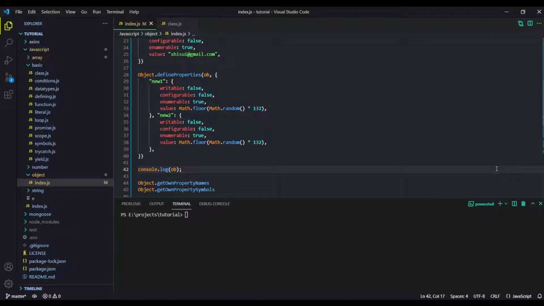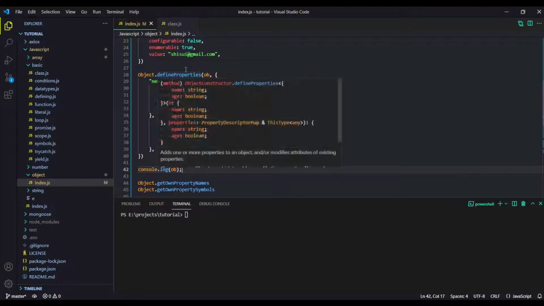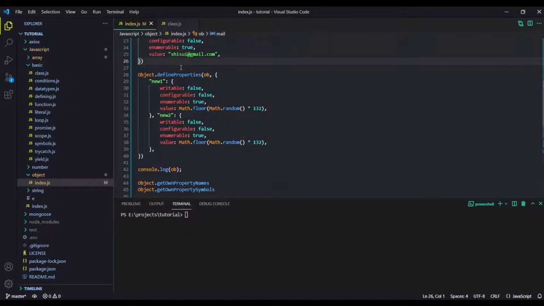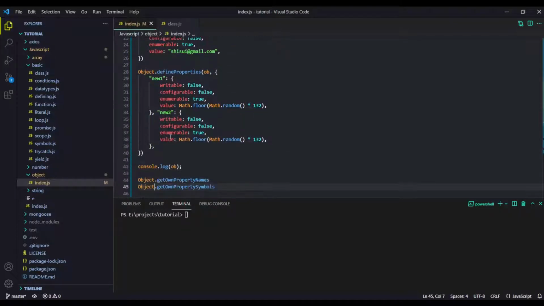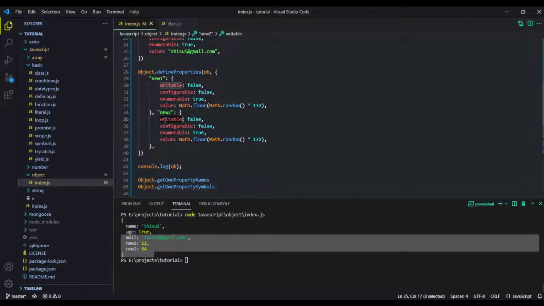All right, so I created a simple object. In defineProperties, you have to provide multiple objects. Like in the defineProperty thing, we just sent a simple object and the key was here. But instead in defineProperties, you have to provide an object in which you are providing the key and its configuration or description or whatever you consider it. Now let me show you what happens if we do this. Bang, you can see the new one and new two properties are added.